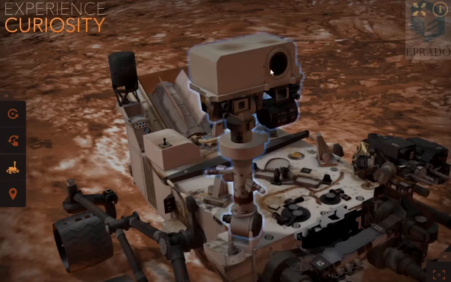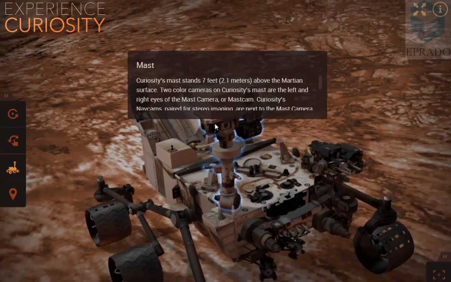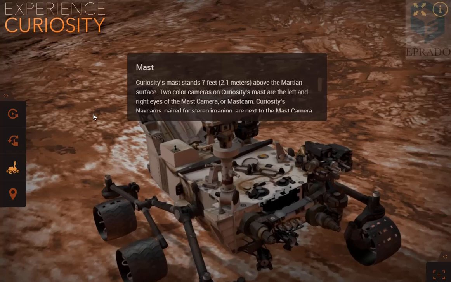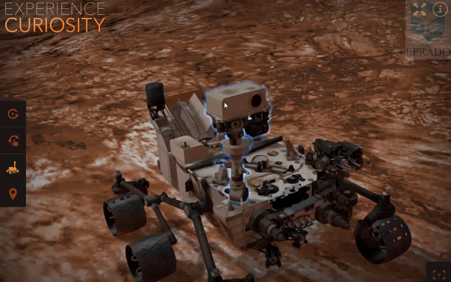The mast camera has the zoom in feature. So this camera can take 3D photos of objects in a clearer manner so that we can explore the properties of objects with the photos taken by this camera.